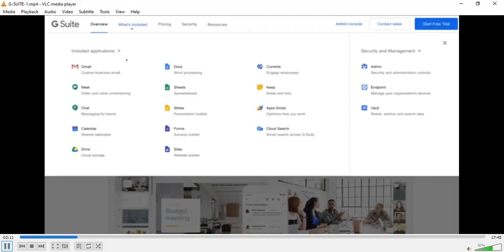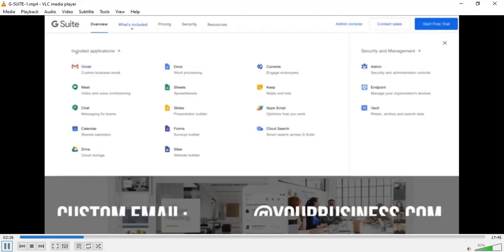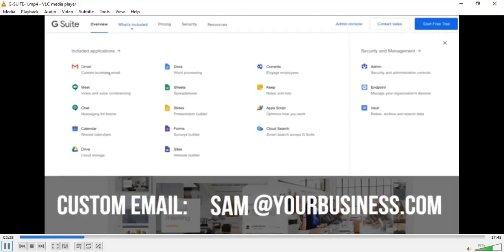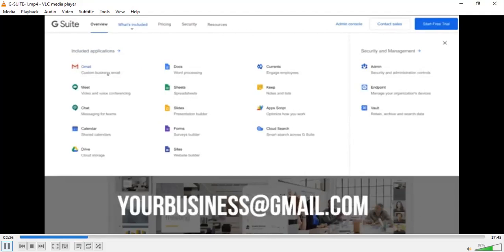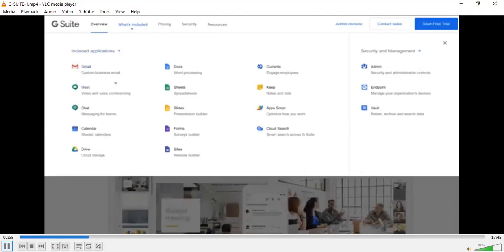Communication, and also other areas of business performance. Now, one of the main reasons why small businesses choose to go with G Suite is because you have access to a custom business email. Now, when you connect your domain name, you can actually create as many custom email addresses as you like. Whereas if you sign up to a free Gmail, you don't have access to a custom email, and your emails have @gmail.com. However, with G Suite, you can customize your email the way that you like.